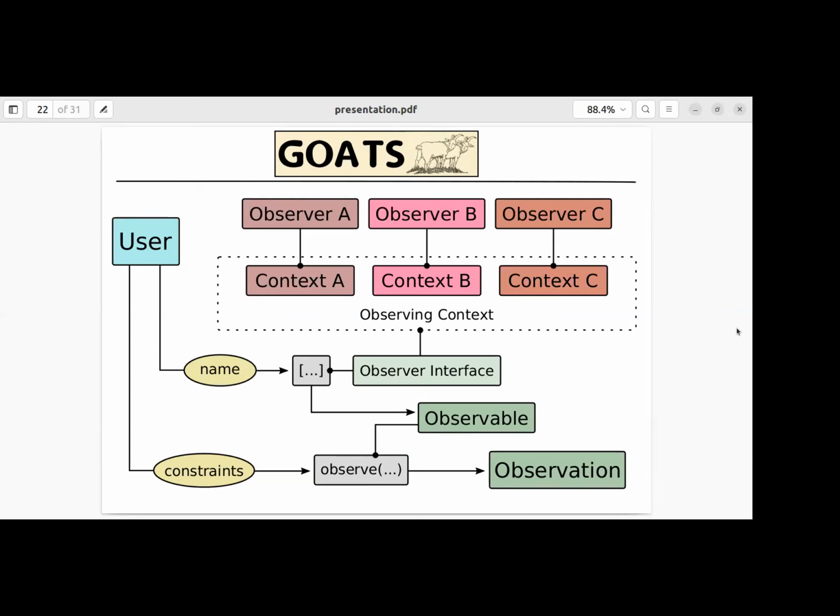And now the next, or the big project underway, is to implement other observers, and this is a schematic of Goats in the true sense, in the sense of being a generalized observing application tool suite. And these top rows here are really the generalized part. Each observer needs to implement its